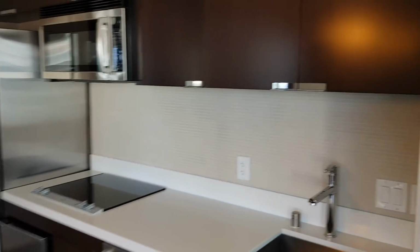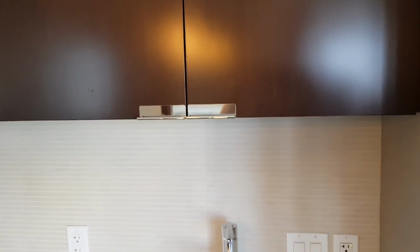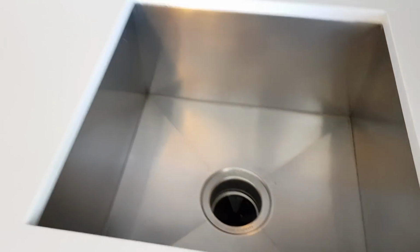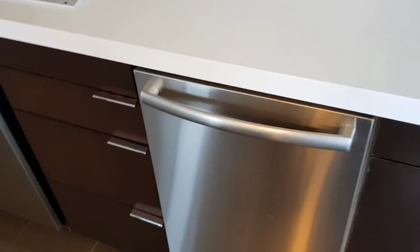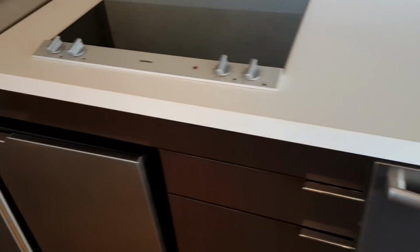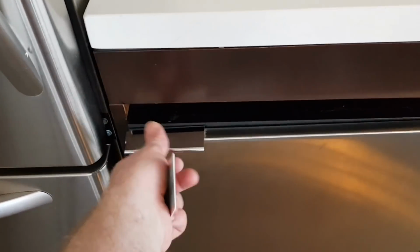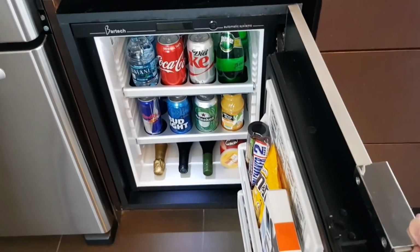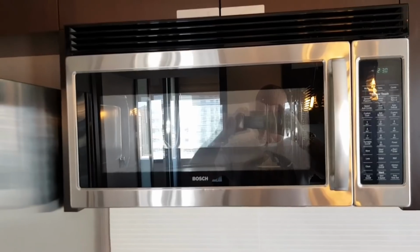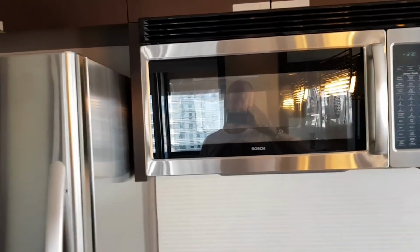with a fully stocked kitchen. So you have a garbage disposal down there. You've got a small dishwasher. Minibar there as usual. A hob and a microwave, which could be useful if you got some pizza from the night before that you want to